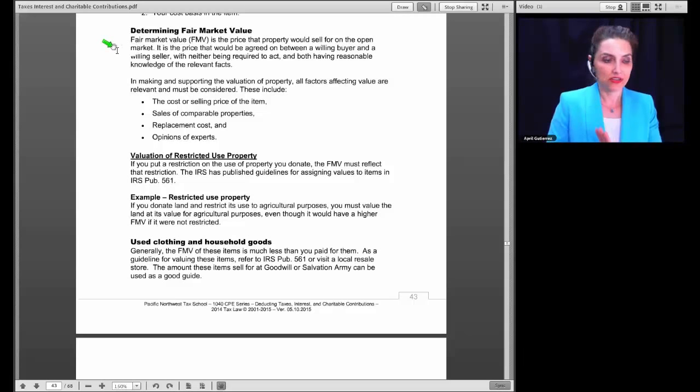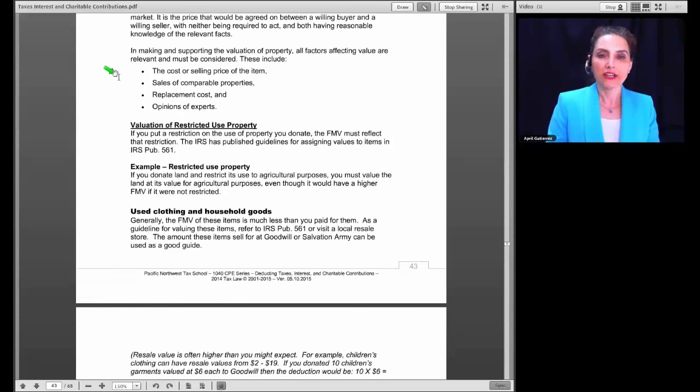Fair market value, to start, is the price the property would sell for on the open market. It is the price that would be agreed upon between a willing buyer and a willing seller, with neither being required to act and both having reasonable knowledge of the relevant facts. In making and supporting the valuation of property, all of the following factors affect value and should be considered, including the cost or selling price of the item when you first bought it, the sales of comparable properties, replacement costs,